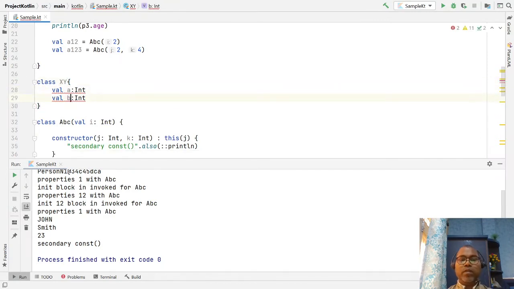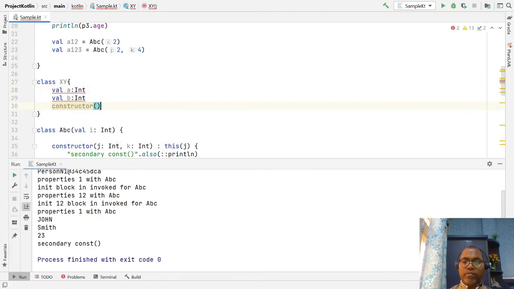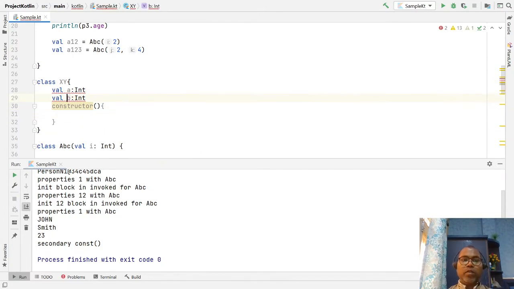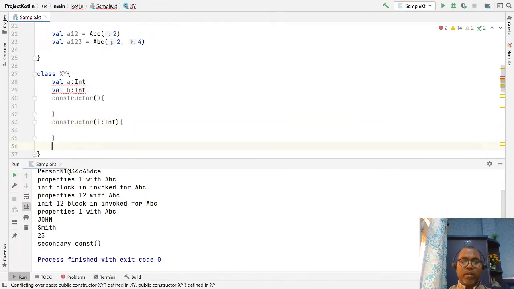So this is defined inside the class. Now you can define a secondary constructor with default arguments. Let's say we have one constructor with one argument, and another constructor with two arguments.